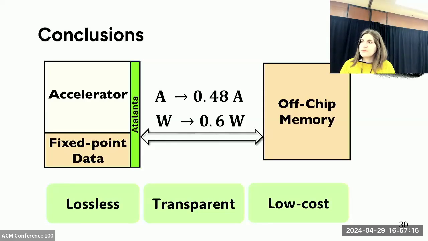And my question is, how does Atalanta interact with lower-bit quantization? Okay, thank you for the question. Overall, we find that compression approaches are orthogonal and they can play upon quantized models. So we can quantize a model to very low precision, either weights or activations, and we can apply Atalanta upon them to further reduce the memory footprint. We compare our work with two popular quantization methods in the paper, and we saw that we have around 2 to 5% memory footprint reduction upon them.